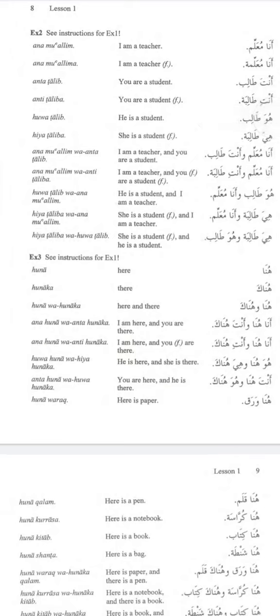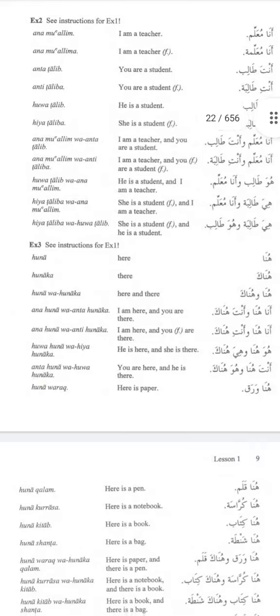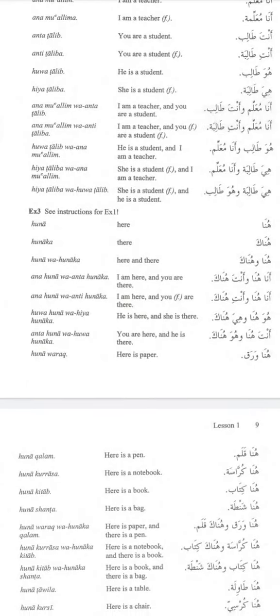Huna, here. Hunaka, there. So literally this lesson is getting you started with Arabic vocabulary. Inshallah, at the end of this lesson, you would have had 2-3 word expressions that you can always use to interact with your friends and with people around you. And as I said, if there is any particular dialectical difference, you can easily get along with that and your friend will actually correct you. So we have huna wa hunaka, here and there.